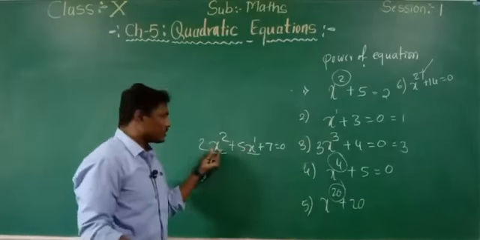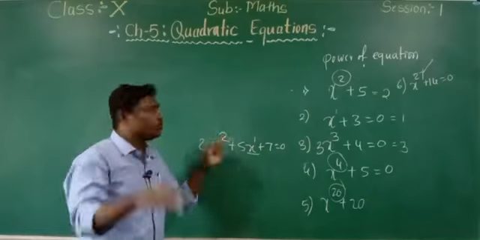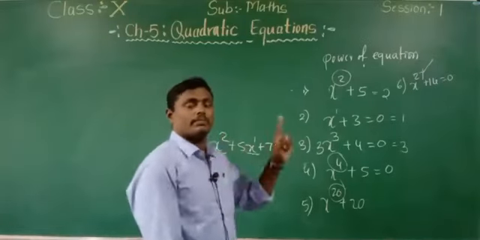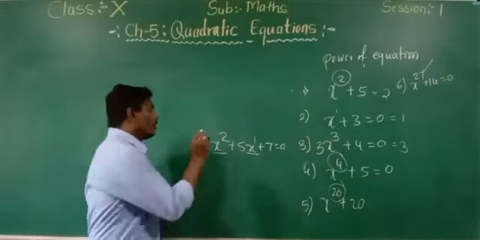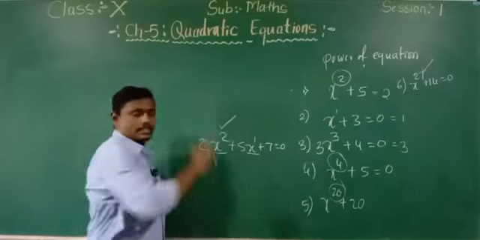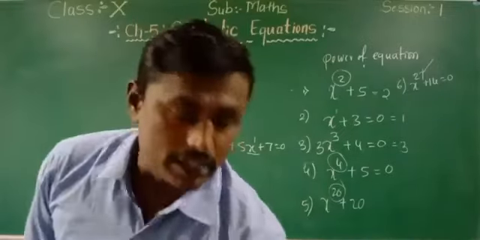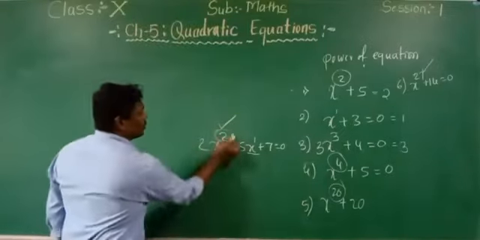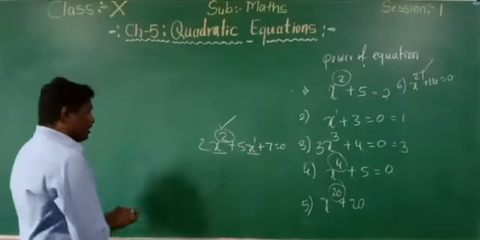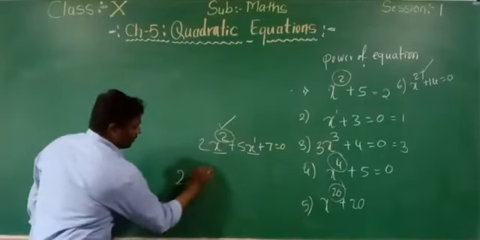The first variable has a power of 2, whereas the second variable has the power 1, but we need to consider the highest power. So the highest power here is 2. If I take one more example,